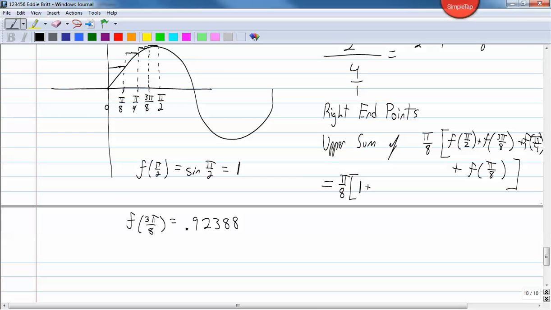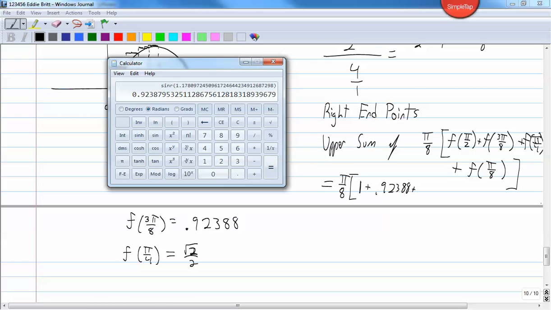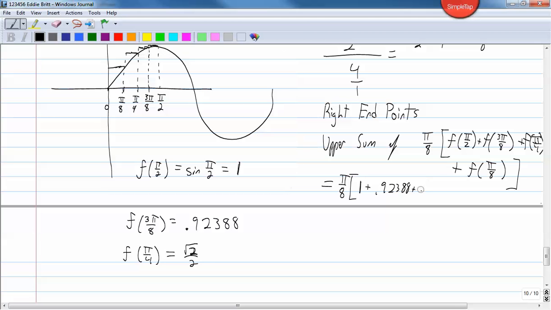Alright. And now plus pi over 4. Well, what is sine of pi over 4? You should know that. Square root of 2 over 2. I mean, you need that as a decimal, I guess, but you should know it's the square root of 2 over 2. That's common knowledge. Alright, 0.707, let's go to 5 places, 0.70711. Plus,